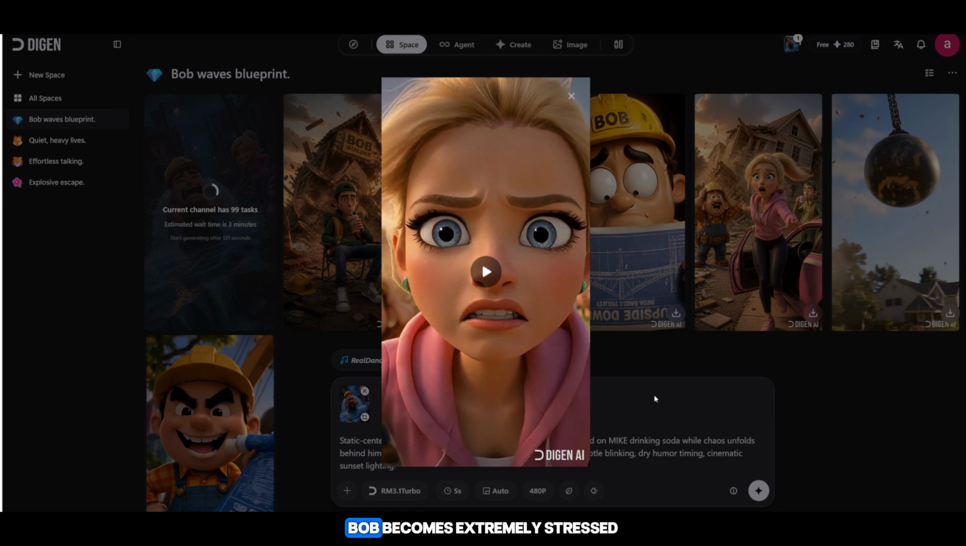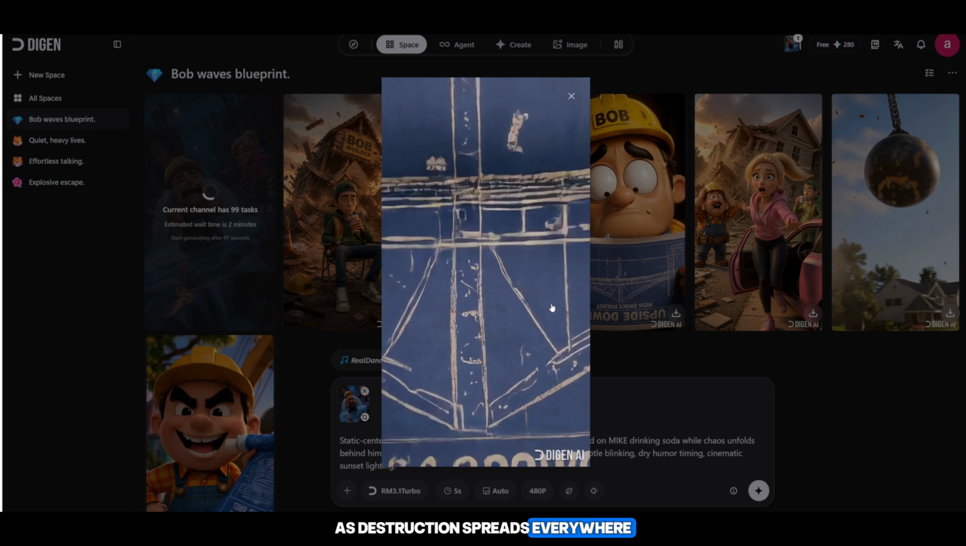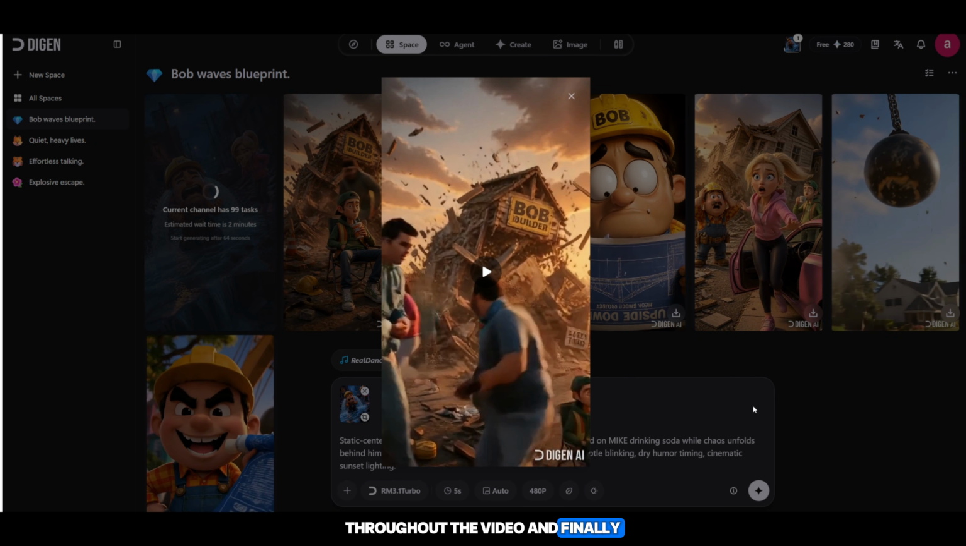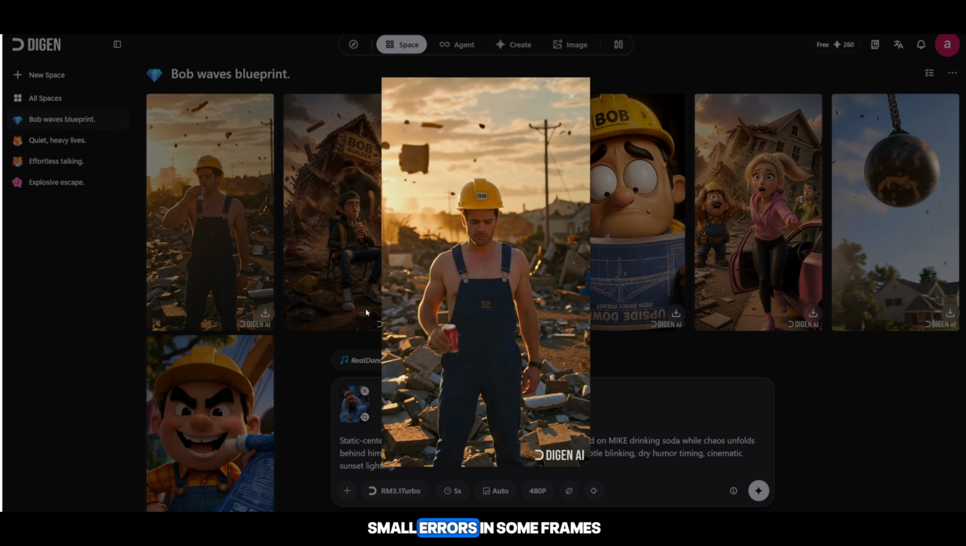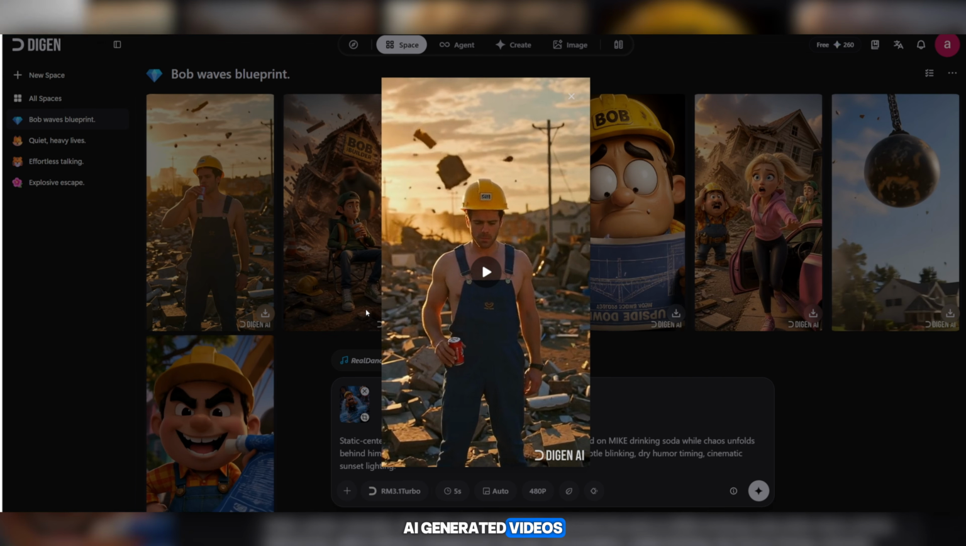After that, Bob becomes extremely stressed because now the situation has gone completely out of control. Then comes the chaos scene where everybody starts running as destruction spreads everywhere. As you can see, the AI generated all these scenes beautifully while maintaining a consistent style throughout the video. And finally, our last scene has also been generated. There are a few small errors in some frames, but honestly, considering that these are completely free AI-generated videos, you